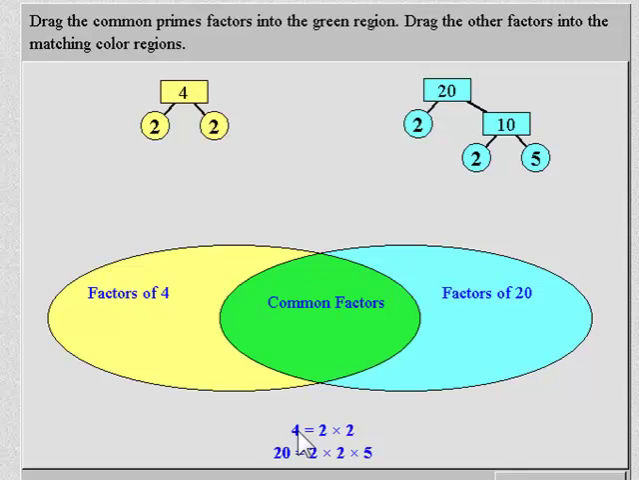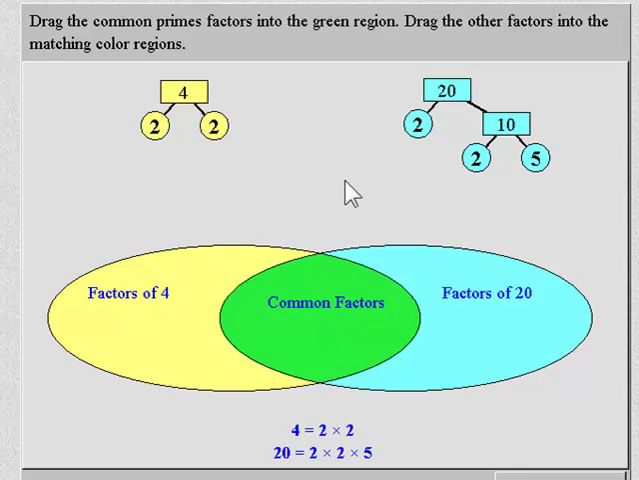So I have the prime factorization of 4 is 2 times 2, or 2 squared. And the prime factorization of 20 is 2 squared, or 2 times 2, times 5. So we want to find out what they have in common. So we created a Venn diagram where we have factors of 4 in the yellow oval and factors of 20 in the blue oval. And where blue and yellow mix in the green, we have common factors, factors that both